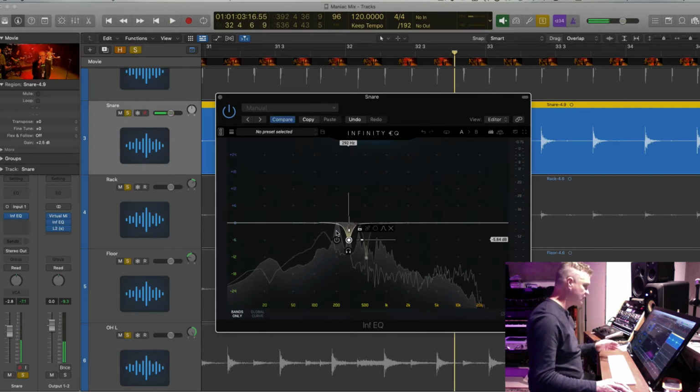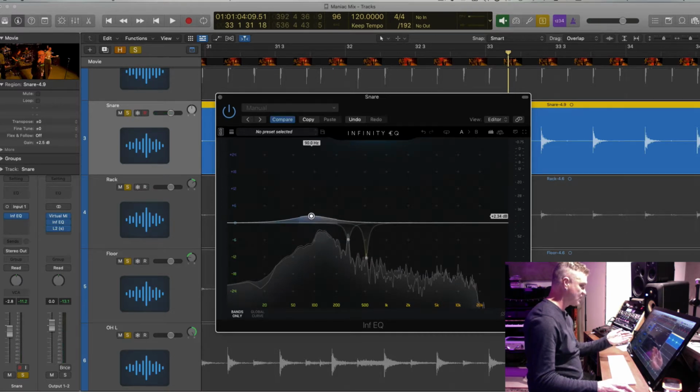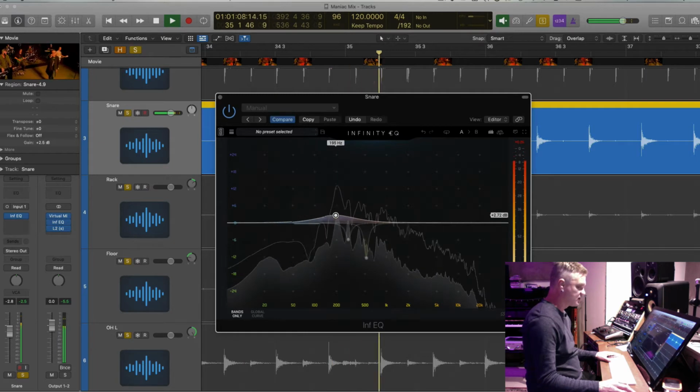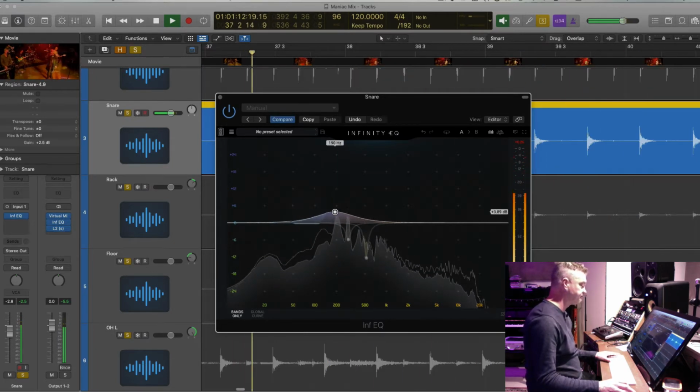And I do wish that this snare had a lot more body down the bottom end here, right? So, you know, this frequency here, around the 100 Hertz or so. Now, adding it here is not really going to give me what I want. Plus, it's going to push this 200 hump that you normally get on a snare, which I like, but, you know,